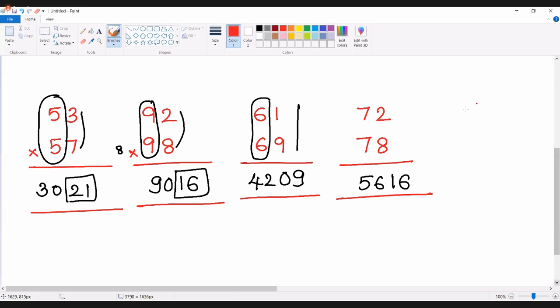Sometimes, my dear students, students ask this kind of question. 72 into 79 is there. What students generally say is, sir, you told me one trick, the trick is not working here, then how do I do the calculation? So, dear students, the trick will work only when the two properties are obeyed. For example, 72 into 79: you cannot apply your trick here, because it is not following the rule of 2 plus 9 not being equal to 10. That's the reason this is not obeying the rule.